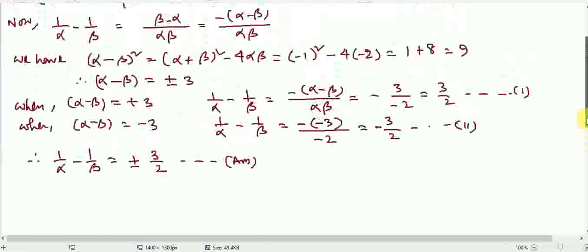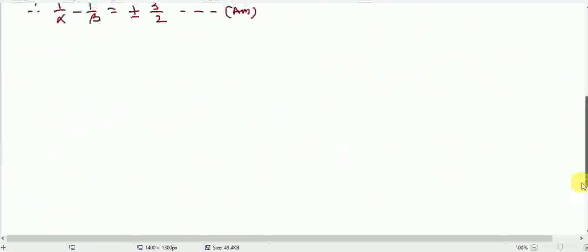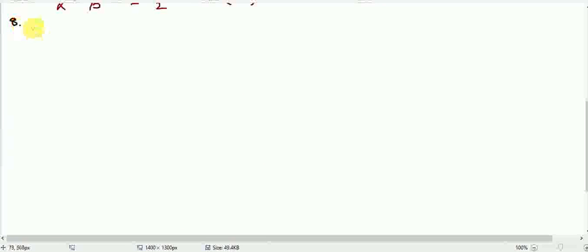Okay, now the next mathematics is serial number 8. Here the question is, if the sum of the zeros of the quadratic polynomial,